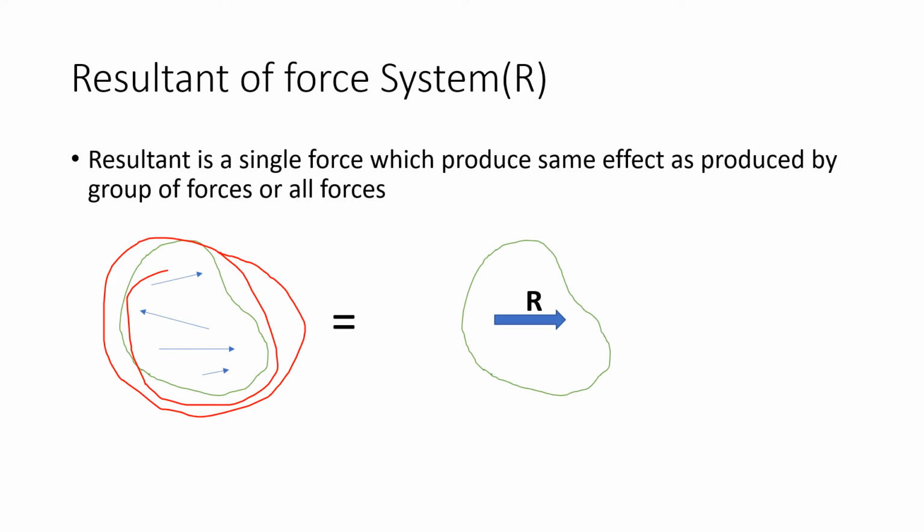For all these forces we have generated one resultant, that is R. So the effect of that R and the effect of those n number of forces will be the same. So instead of taking all the forces, we can take the resultant R. It will ease your calculation and make a tedious calculation simple. So that's why we have taken the resultant force system R. Hope you have got it. So what is next? Let's see.